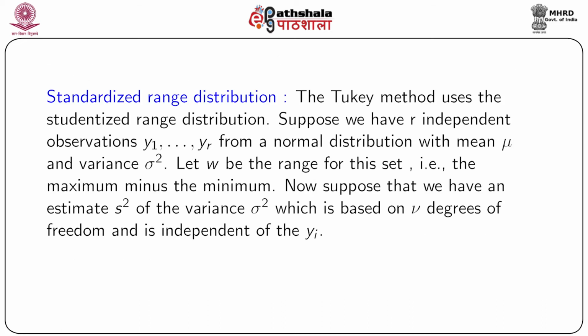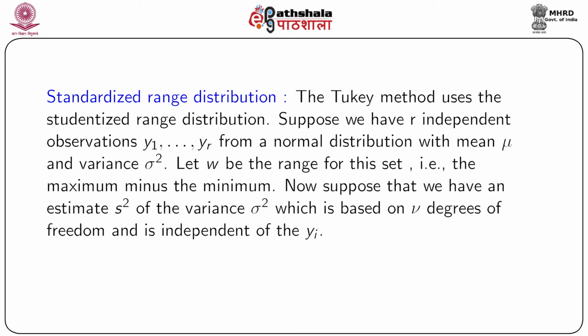So let's look at the studentized range distribution. This is not a very common distribution that we look at. Usually for inferential purposes, we either use the standard normal or the Z. We also use for small samples the T distribution, and for other cases we have two other sampling distributions, which are the chi-square and the F, which are most commonly used for inferential purposes. The studentized range distribution is a special distribution used mostly for Tukey's method.